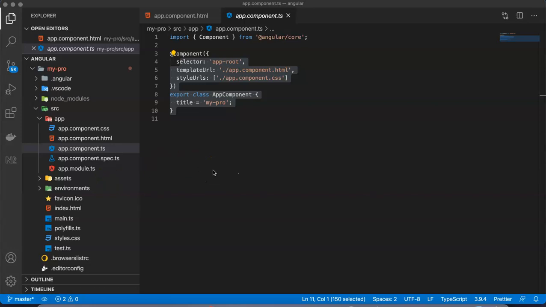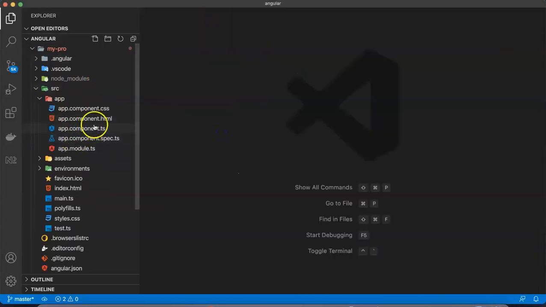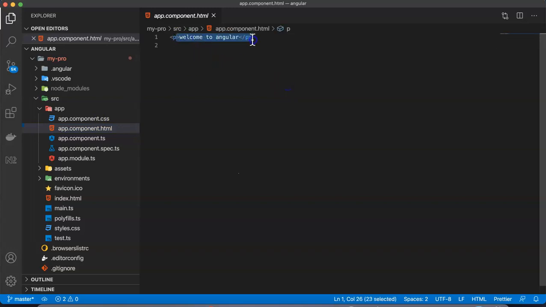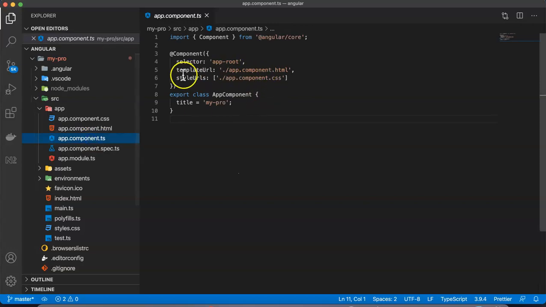Okay everybody, let's go back and create our first component, the one which you are planning now. So remember, one important thing here is when you work on an Angular application, components are very essential. App component, which you can see, is by default available to you. This is an HTML file, welcome to Angular. This component is associated with your TS by giving the name called templateUrl. And the styleUrl is nothing but the CSS part, which is also bringing some styles related factors to your